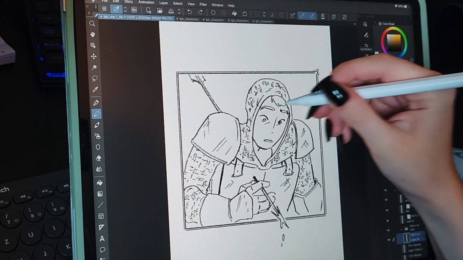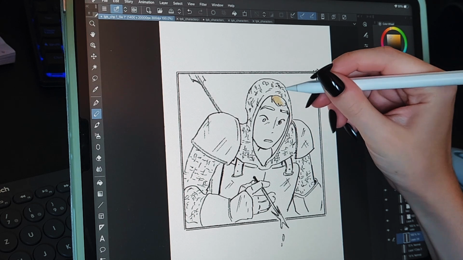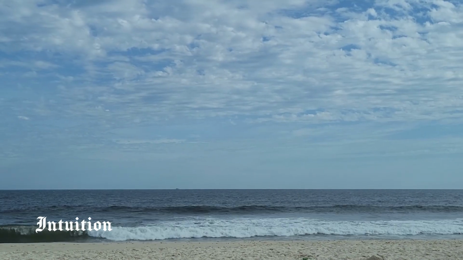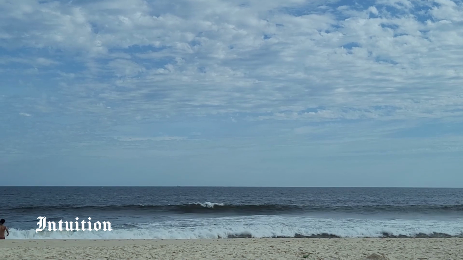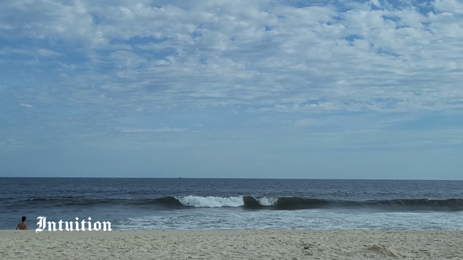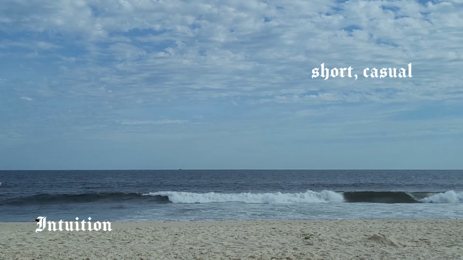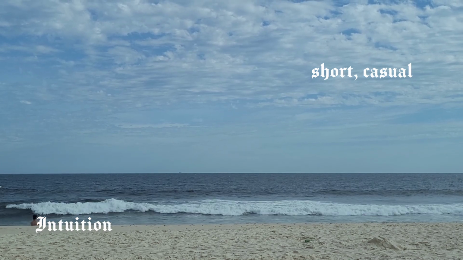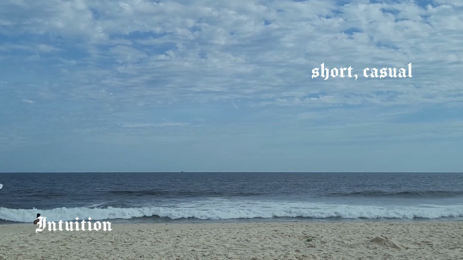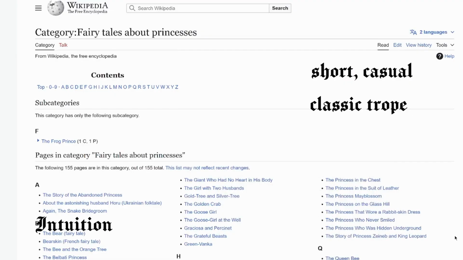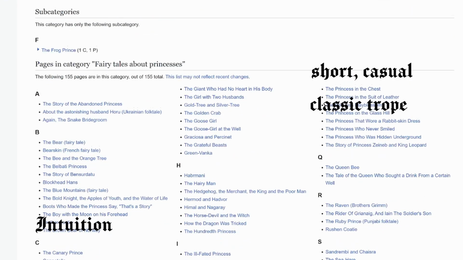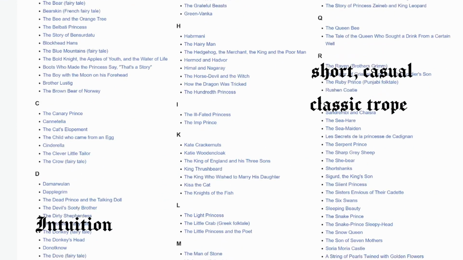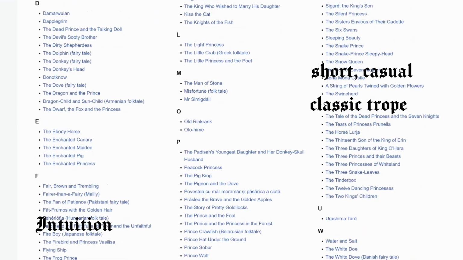I think an important skill as an artist is to build up confidence in your own intuition. So my intuition for this story told me that I should just go into the script directly because of two reasons. One, it was supposed to be short and was kind of born of a casual fun idea, so it didn't feel very high stakes. And two, it was supposed to build on top of a classical story format we already know. So the main plot line was going to be simple.